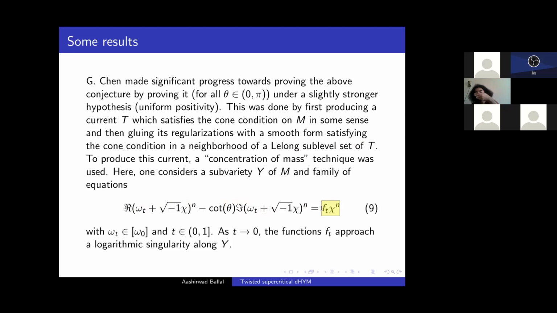And you consider a family of such equations for t in some interval, and as each of these f_t will be smooth, if for each t you have a solution to this equation, then the limit as t approaches 0,